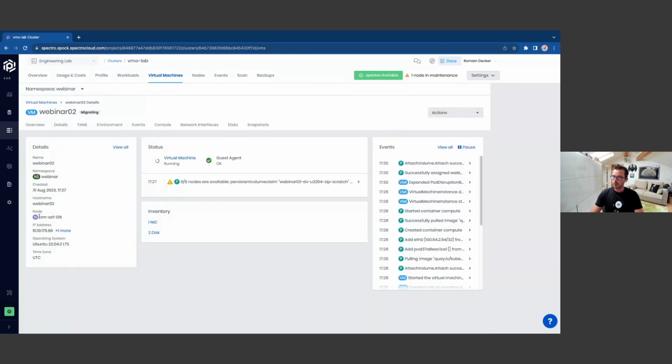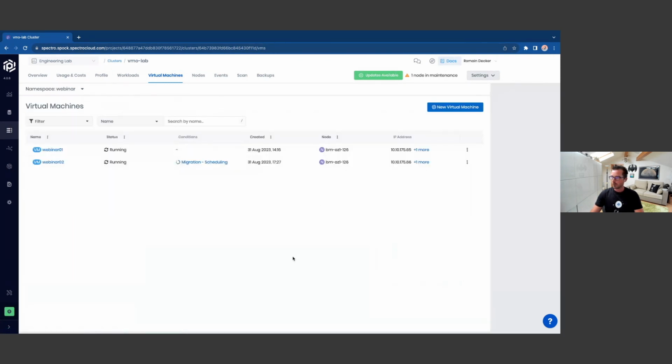In a moment, you will see that the node where the VM is scheduled will be different. We can also go here, and you see that it's actually migrating right now. This is done with no interruption of the actual applications of the VMs. And just like for vMotion, you have a single blip in the network. So you see that the VM has been live migrated to node 130 now.